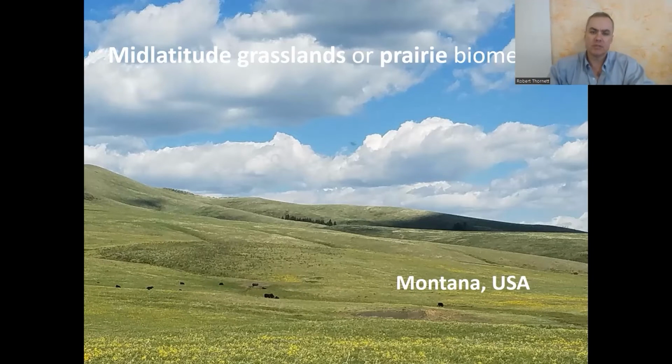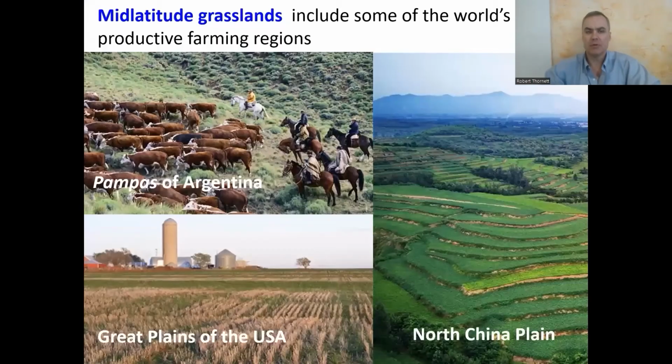And the answer is because, as we talked about a little bit in the hydrosphere section, we're pumping water from aquifers underground that's been there for a long, long time, and we're pumping it up and then irrigating these areas artificially. It is good soil when it comes to fertility. It's got lots of minerals in it. And so humans have now made the mid-latitude grasslands some of the world's most productive farming regions.